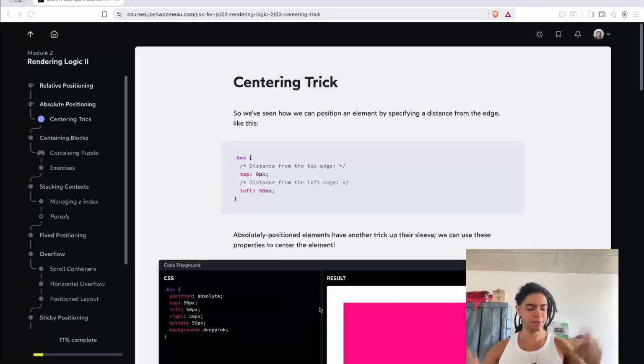Elvira Gonzalez. That's right. So let's take a look now at Module 2 of CSS for JavaScript Developers, which is a course written by Josh Comeau. And in today's video, I want to dive deep into this particular module, which is rendering logic 2,